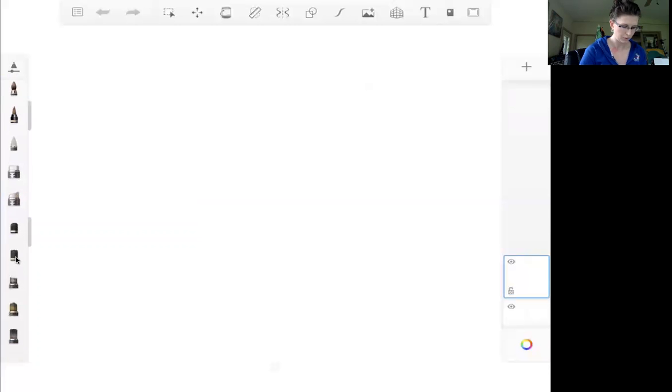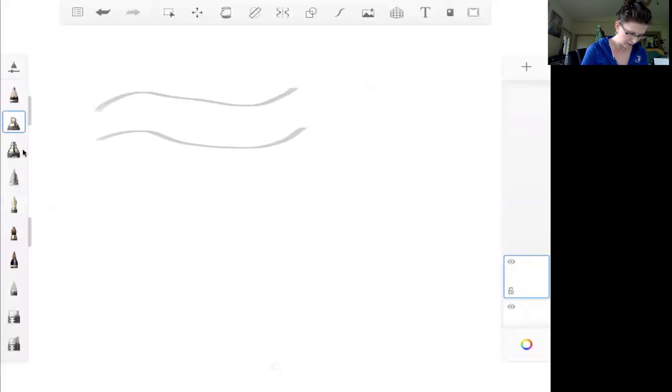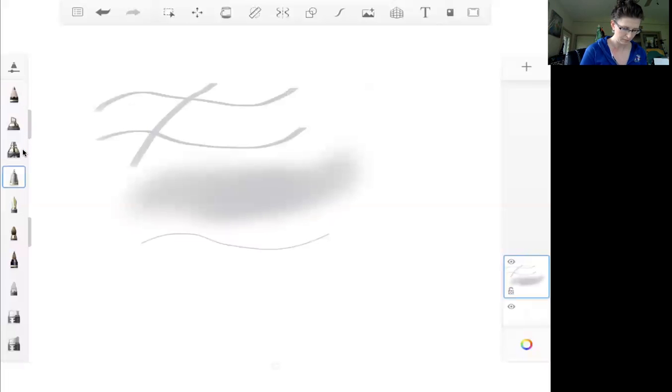So you should be able to scroll. Okay, most likely it's gonna pop up things that you've used recently or very popular typical ones that you might use. So some of them might be things like a pencil. Kind of a chisel pen. So it gives you kind of that hard edge. Airbrush, so that's gonna be, the more you go over it, the more solid it gets. It's very soft looking. Pen,